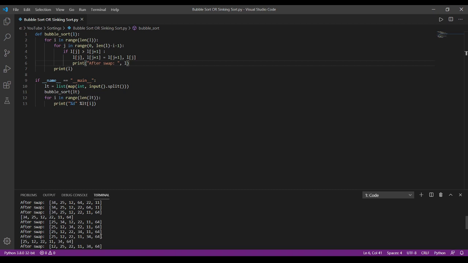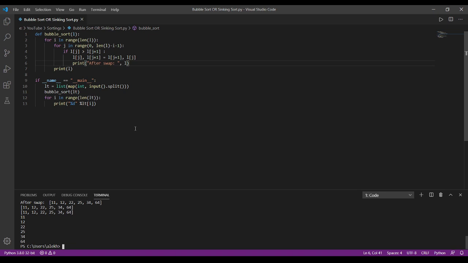For each iteration, the number of elements in place increases, so we are using the inside loop to find the number of swappings. The iteration goes to n minus i minus 1, where n is the length of the list. After the swapping, the resultant list is 11 12 22 25 34 and 64.